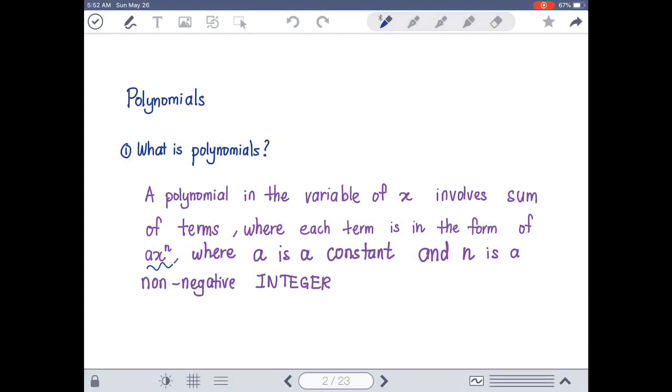Let us start with what is polynomials. By definition, a polynomial in the variable of x involves a sum of terms where each term is in the form of ax to the power of n, where a is a constant and n is a non-negative integer. For example, if we have 3x cubed plus 2x squared plus x minus 4, this is an example of polynomials. If you look at the power of x, we have x to the power of 3, x to the power of 2, and x to the power of 1,